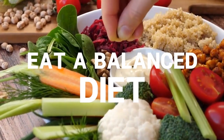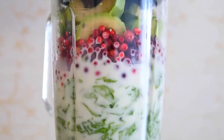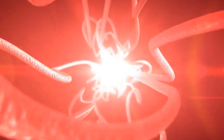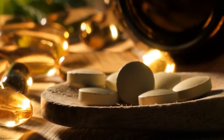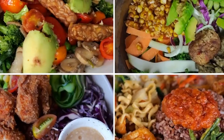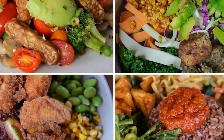Tip number 1, eat a balanced diet. The first tip is to eat a balanced diet that includes all the essential nutrients. A balanced diet should consist of protein, which helps build and repair tissues in the body; carbohydrates, which provide energy for the body; fats, which provide energy and help absorb nutrients; and vitamins and minerals, essential for various bodily functions. To achieve a balanced diet, you should include a variety of fruits, vegetables, whole grains, lean proteins, and healthy fats